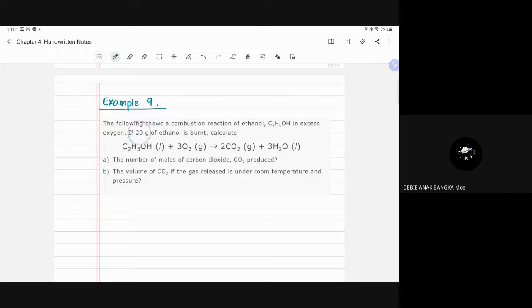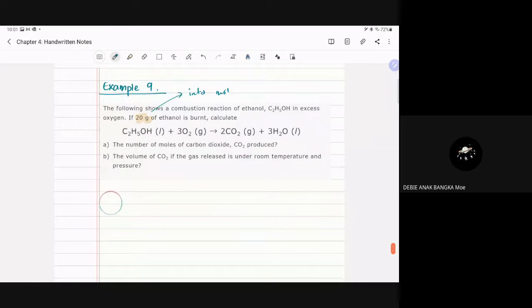So first of all, dia bagi dalam bentuk mass. We need to change into mole. Sebab kalau kita guna mass untuk stoichiometry tak boleh sebab mass dia tak berkadaran. Yang berkadaran adalah dia punya kuantiti bilangan. Bilangan molekul, bilangan atom. So you have to change it into number of mole. So this must change into mole. Okay. So untuk bahagian A,